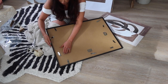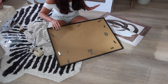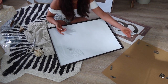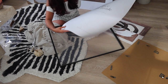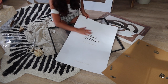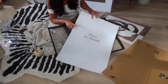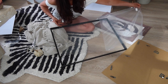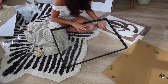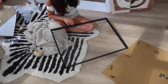So easy, you just push and pull right out. I love how easy they make this. These you can use to map out exactly where you wanna hang your print on the wall. It's really nice because it's the exact size of the poster, so it's a great guide. You take the protector off, you just pop the gorgeous screen back in with your print. Make